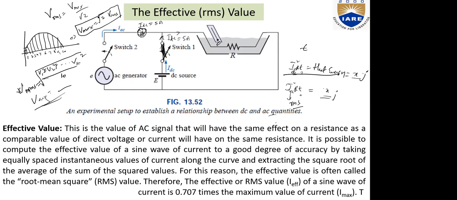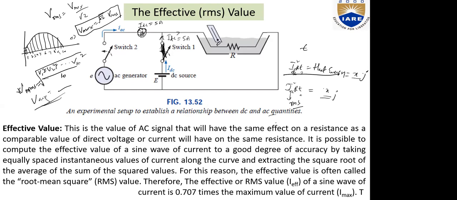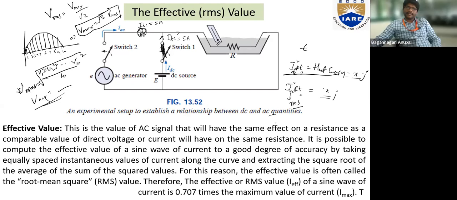Sir, for calculations, mostly we'll use V RMS, no, sir? Yes, most of the supply is 220 volts. In all cases, unless specified, whatever value they mention, if I say a 230 volts single phase AC supply, it implies that it's the RMS value. Most of the things we measure in the laboratory using measuring devices also exhibit the RMS value.